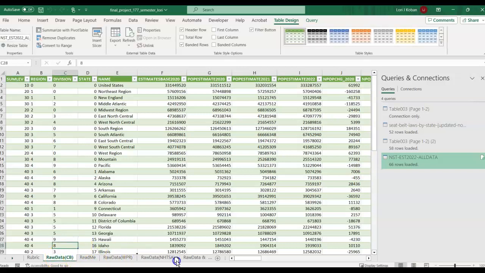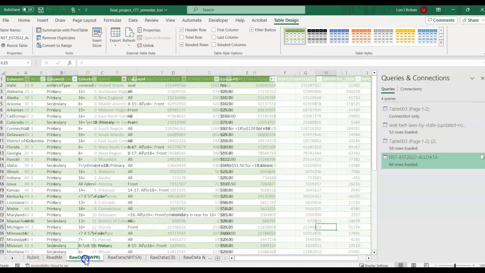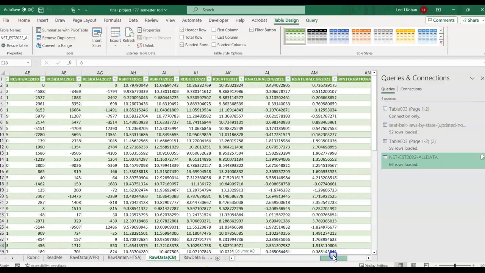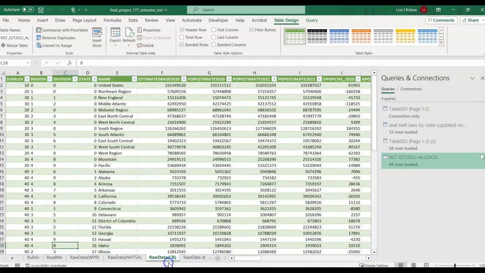Okay. So now I have my 3 raw data sites and I have practice getting information into Excel. By the way, notice all of those columns. We're going to make it look better and get down to what we want pretty soon, but now we at least have the data in Excel. Save it and then go to the next